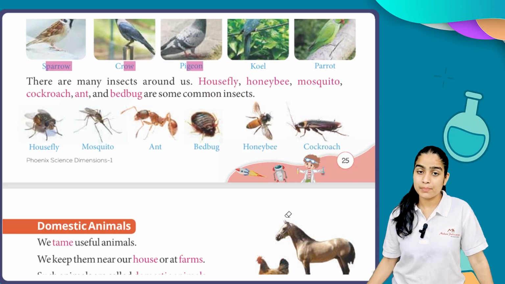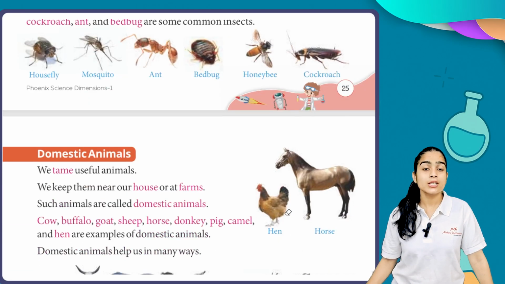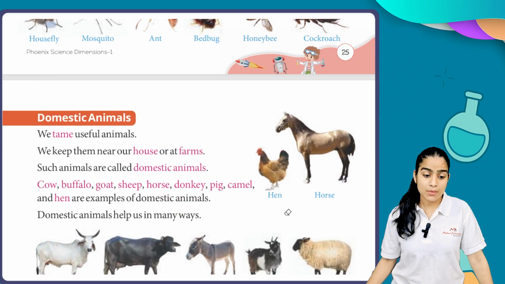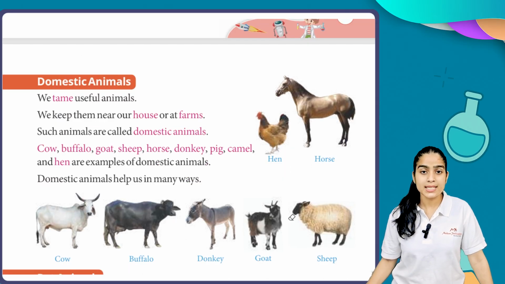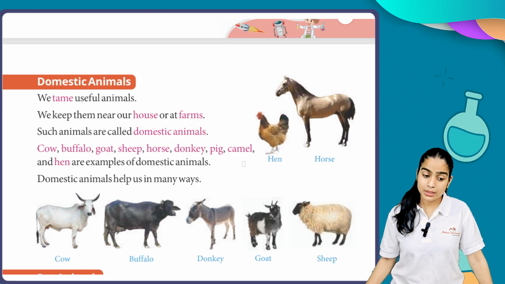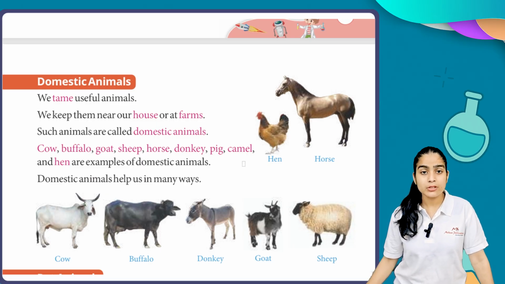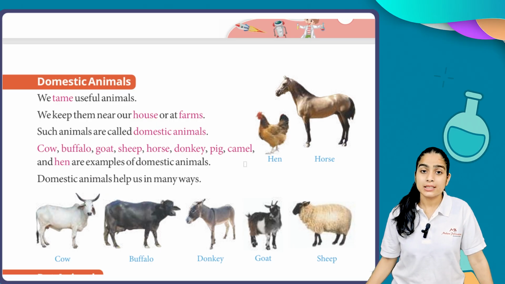Now we are discussing our first category, which is domestic animals. We tame useful animals. We keep them near our houses or at farms. Those animals which are useful for us, we call them domestic animals. Cow, buffalo, goat, sheep, horse, donkey, pig, camel, and hen are examples of domestic animals because these are the animals we need for our day-to-day work,